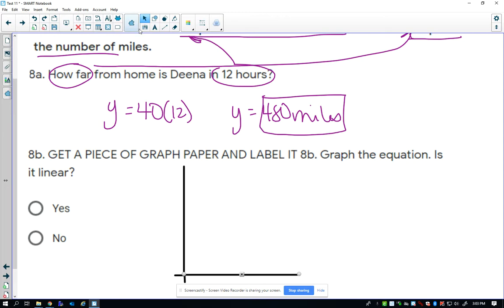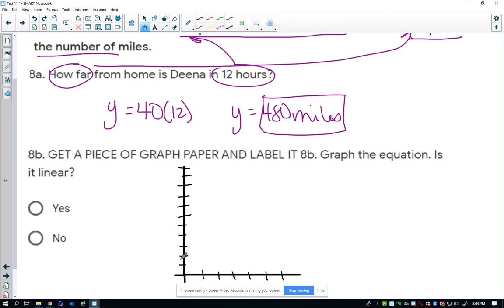Let's go back to a pen here. So we have 2, 4, 6, 8, 10, 12. And we have 20, 40, 60, 80, 100, 120, 140, 160, 180, 200. We're not going to have enough to do the whole thing with my space here, but you could have